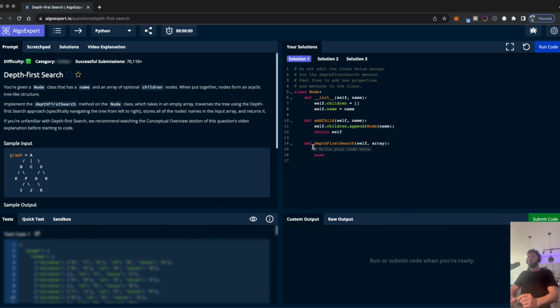So it's going to be a depth first search. Let's read the question. This is from Algo Expert. Would highly recommend Algo Expert for getting better at this stuff. And they have a ton of other products too. They have Blockchain Expert, Systems Design Expert, Machine Learning Expert, Front End Expert. This is just one question out of their Algorithm Expert course, and they have 5 other courses with much more distilled information.